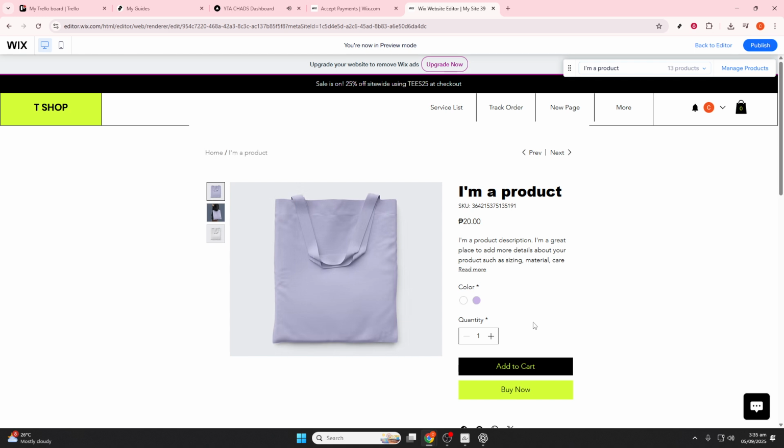And there you have it, a comprehensive guide to selling digital products on Wix. Equipped with this step-by-step process, you're now ready to take your e-commerce